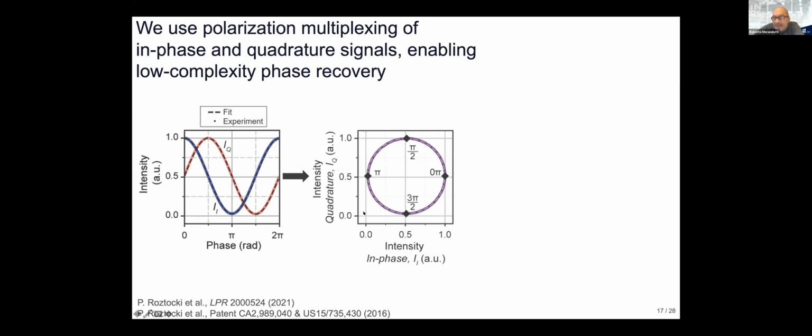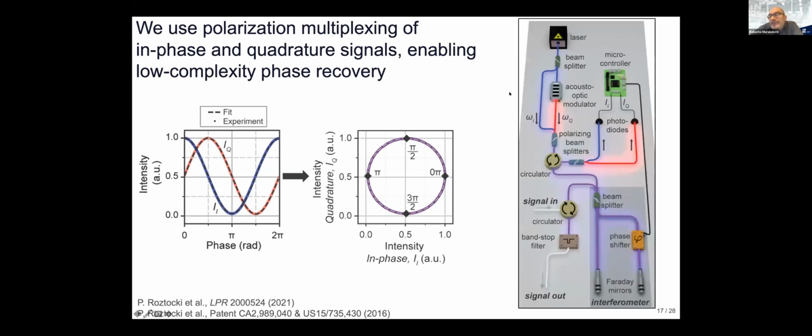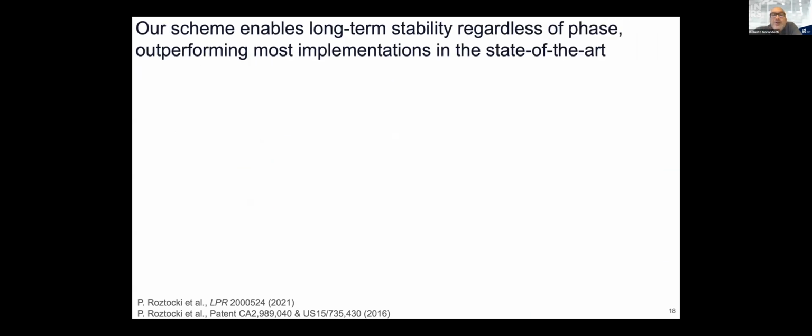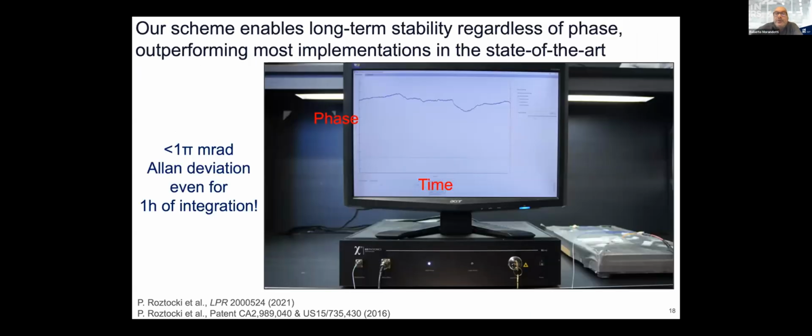and then you can reconstruct the phase itself unambiguously. I'm not going into too much detail, but what they do is take a beam splitter, then they have an acoustic optical modulator that slightly shifts the frequency. So you can then adjust it to have a pi/2 phase shift, and then you can use a polarizing beam splitter to create two perpendicular polarizations. This is very nice because, the frequencies being so near, it's very difficult to separate them with a filter, but it's very easy to do with the polarizer. Okay, so we have a very stable device.